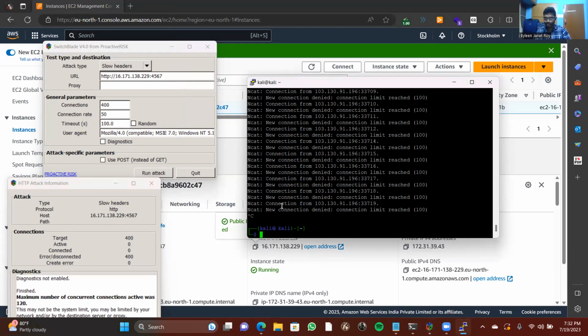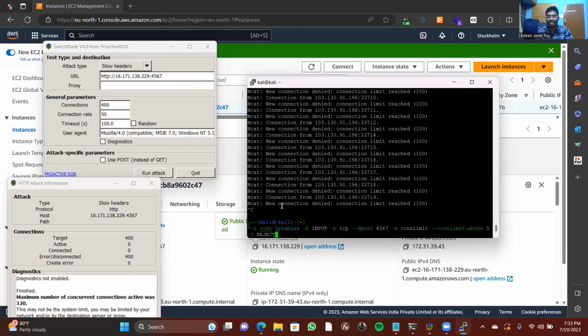I just enter it through. As I don't have the main privileges, I'm using the sudo keyword here. Sudo is used for using the privileges which are given only to the admin. Yeah, iptables. iptables is just a kind of table which has its own IP rules. Yes, I have my pre-built thing.